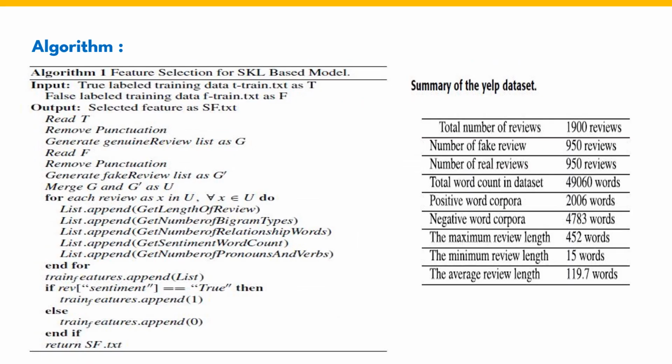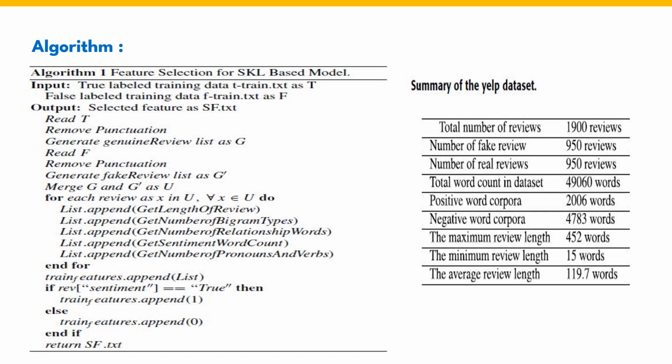predicted. On the next slide, we are going to discuss the algorithms that have been presented in it. After completing the training phase, the dataset will test the model to predict the output. The model is trained by the SVM, KNN algorithm, and logistic regression, that is SKL. So in this algorithm, there have been selected features for the SKL based model.